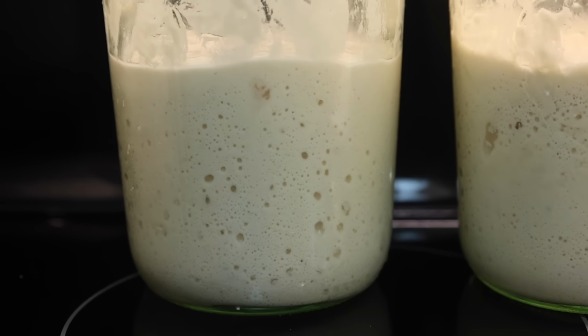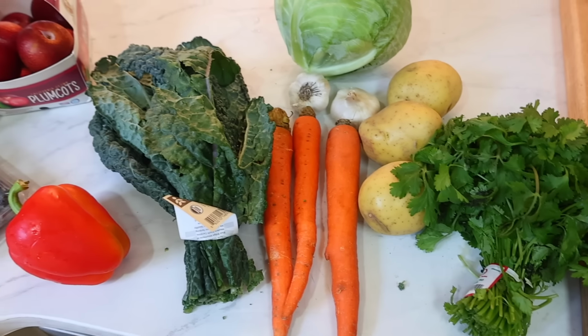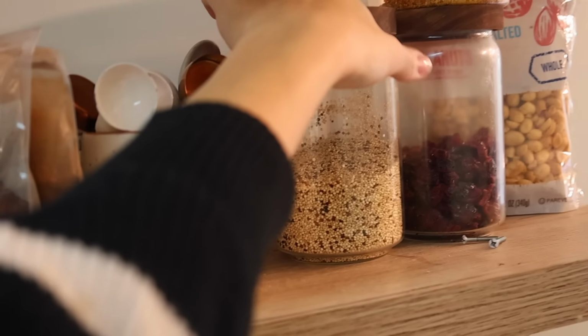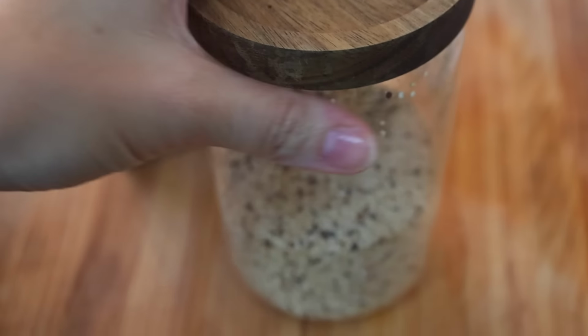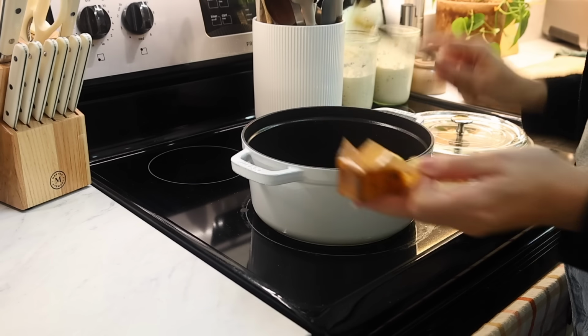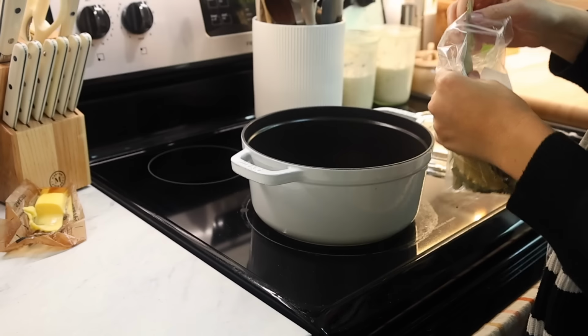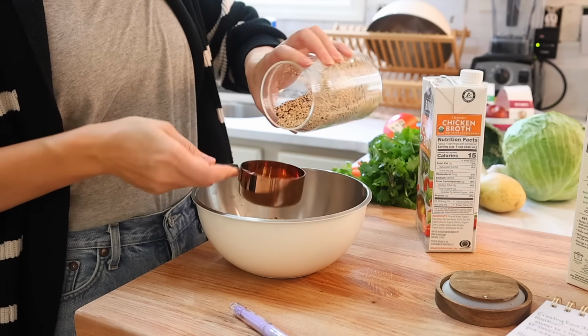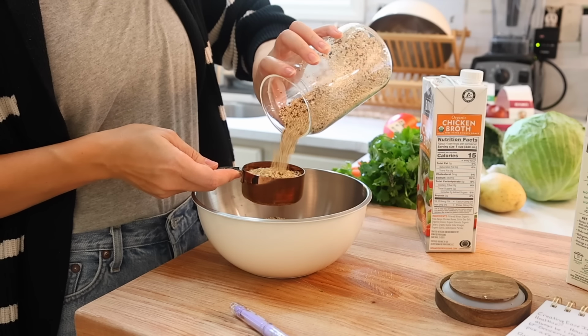Another thing I do every week is feed my sourdough starters so I can make homemade sourdough breads and products because they're just better for your digestion than typical store-bought, but I still like to focus on whole foods as much as I can. So now before I start prepping all my produce for the week and getting that squared away, I'm going to work smarter and have something going on the stove that I can be letting cook while I'm doing other things. So I love having a prepped whole grain in my fridge, either things like brown rice,